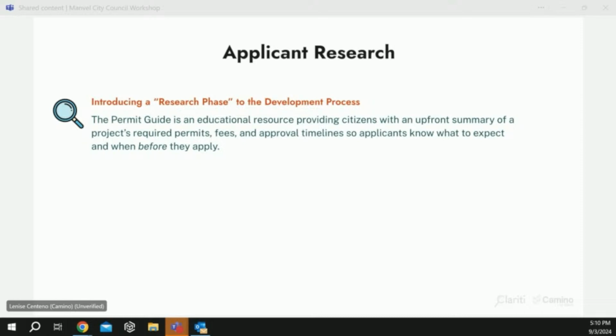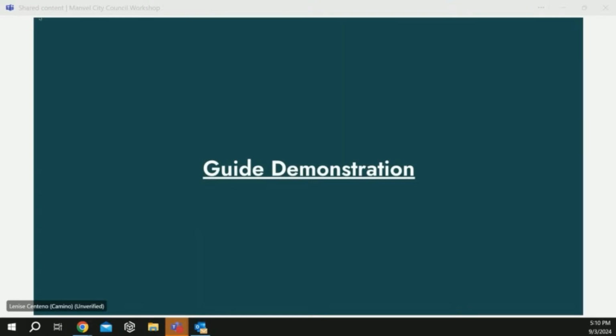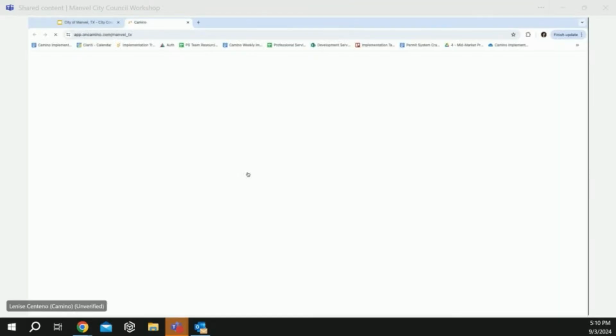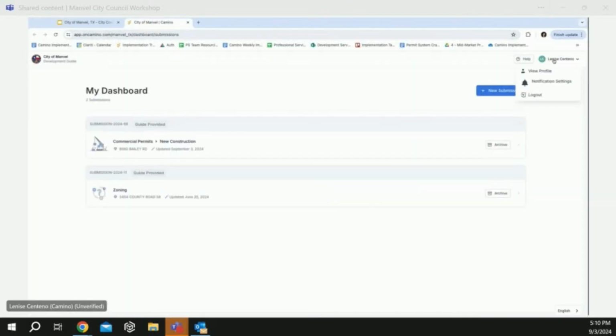And so as I go in and start to test some things, I want to double check that here as well. I'm going to go through it as if I was an applicant. So let me, real quick, show that anyone can access this through the city. The city can put a URL button, or maybe you're going to use a QR code. You can create an account.